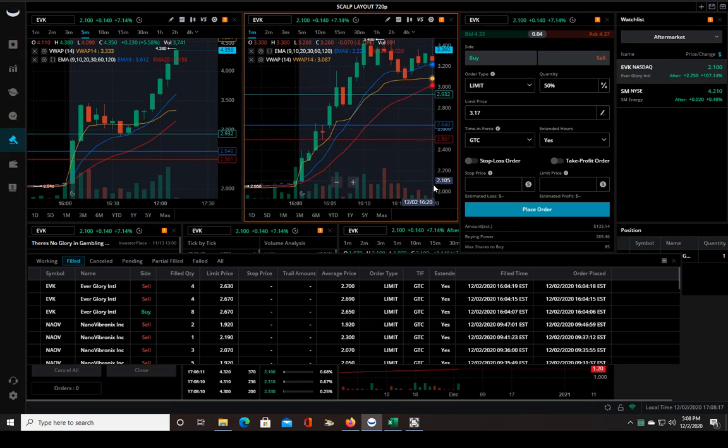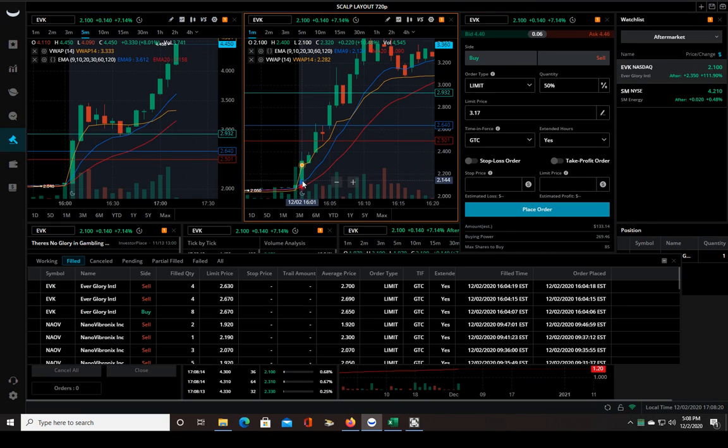But a real 3-bar play has to be at the beginning of a new direction. You can see that this thing is already established in an upward trend, and it was already 3 candles into it by the time this 3-bar play started forming. My general rule is not to get in after the third candle has already finished forming. So I did break that rule, but I just saw a lot of volume coming in, and it seemed like it was almost all buyers. So I did jump in when it broke the high of this candle,